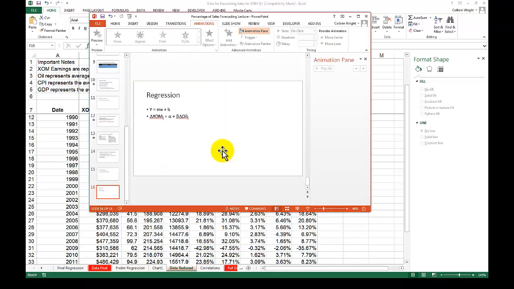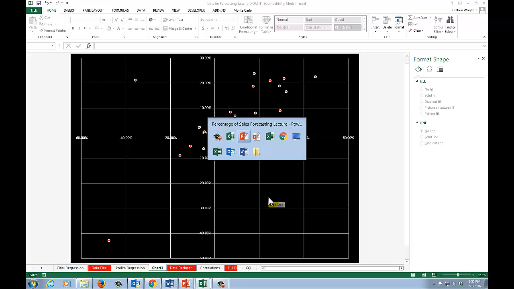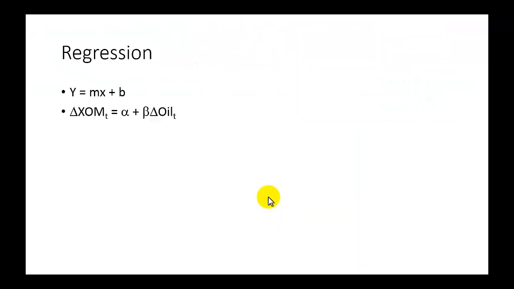So I simply created a scatter plot by mapping out all of those data points. What regression does is try to draw a line through this. Now, you might be a little confused as to why we would do this. Well, maybe you remember from your math class back in high school that when you have a dependent and an independent variable, and you want to identify the linear relationship between these two variables, we use the equation y equals mx plus b.